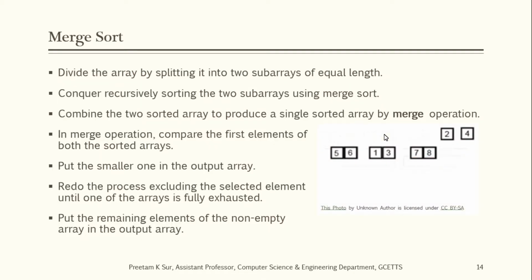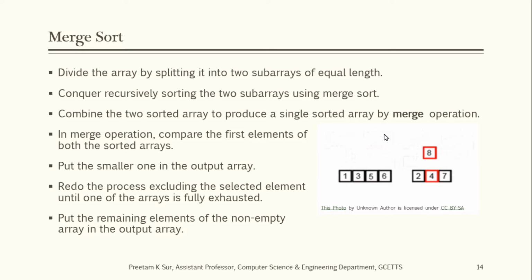So if you look at this example, here the merge operation is done. Suppose there are 4 subproblems, and in the first part we are doing the merge operation. So first 1 will come, then 3 will come, then 5 will come, then 6 will come. Now in the second two halves, 7 and 2 are compared, 2 will come; 7 and 4 are compared, 4 will come. Now you can see that 7 and 8 remain in that array, right? So we'll just copy that from there to the output array.